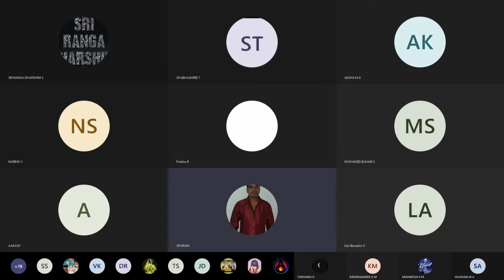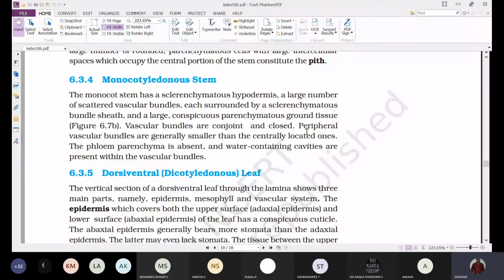Next, today we'll discuss the monocotyledonous stem. When compared to the dicotyledonous stem, the monocotyledonous stem has a simple organization. When you observe here, the ground tissue is not that well differentiated in the monocotyledonous stem when compared to the dicotyledonous stem, because